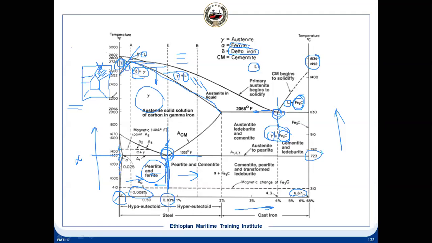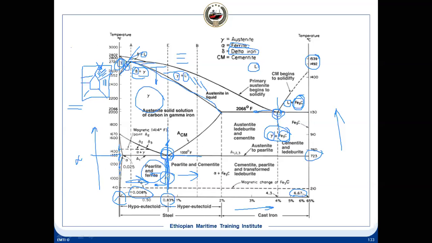So it will have a laminar structure. It means this ferrite will form by precipitating the carbon, and Fe3C will form the blue lines I have drawn. And in between, the light color will form, that is the ferrite. Now suppose we move in this direction. As we move this direction, more Fe3C will form, and the complete structure will become this laminar structure, and at this point it will be completely laminar structure.